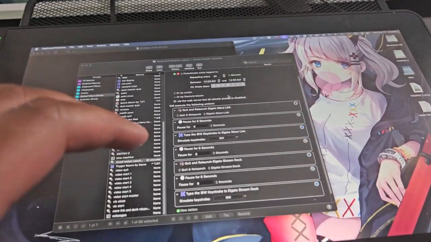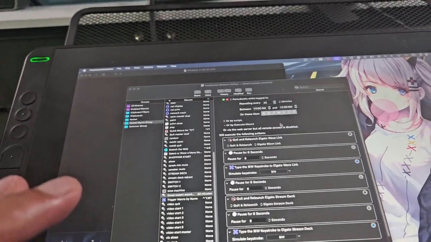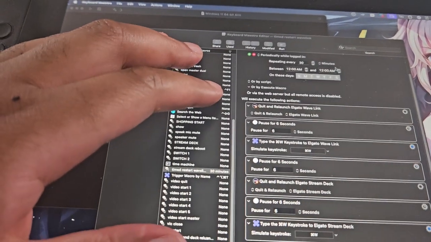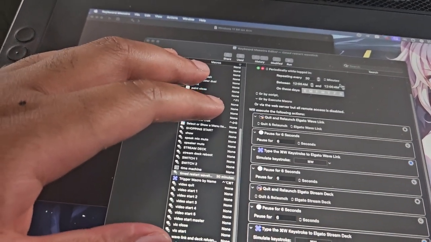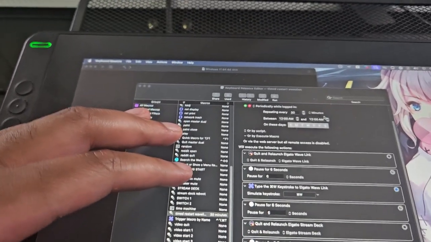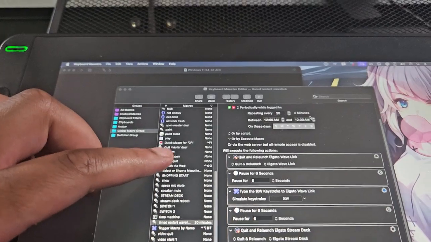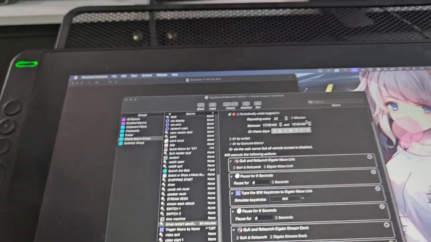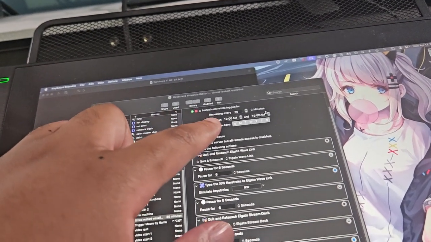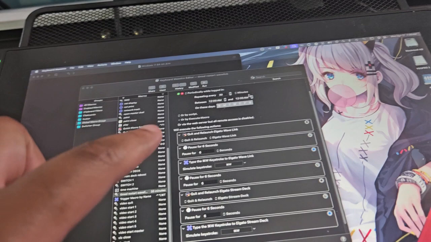And so going back to this specific macro, using Keyboard Maestro, you make a command that says periodically while logged in, because you have to be logged in in order to use Wavelink anyway. I have it set to repeat every 30 minutes